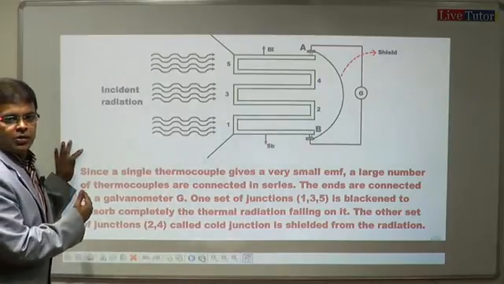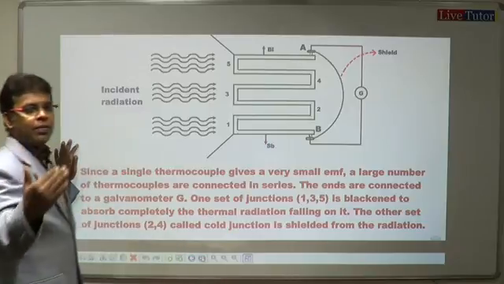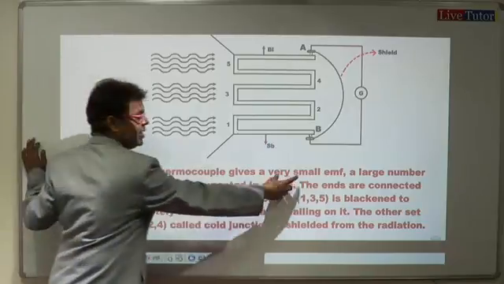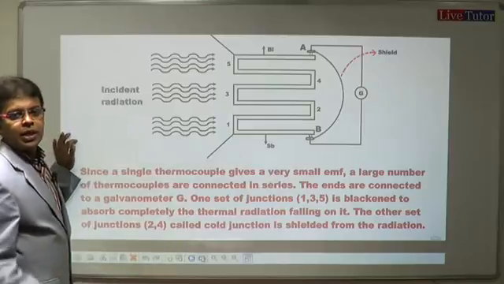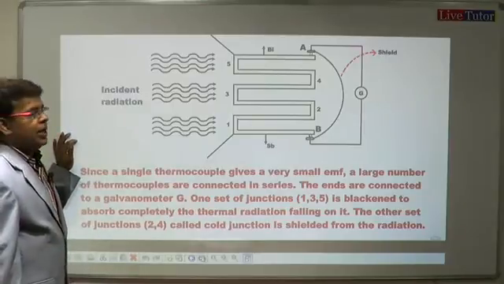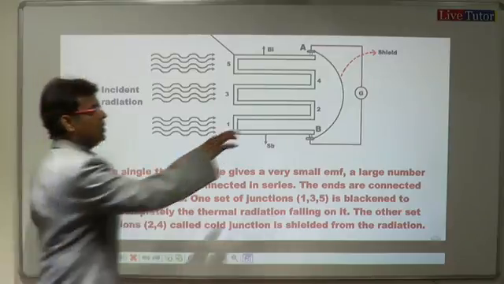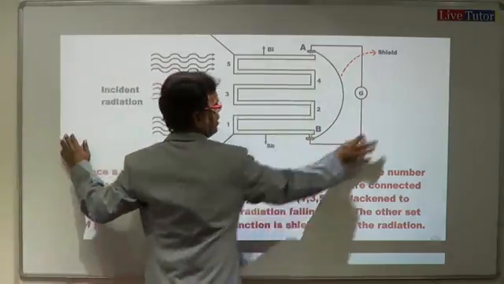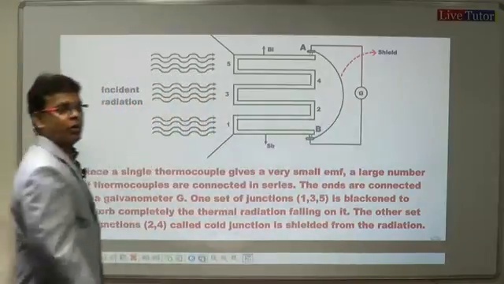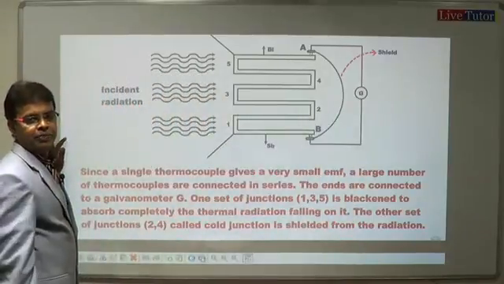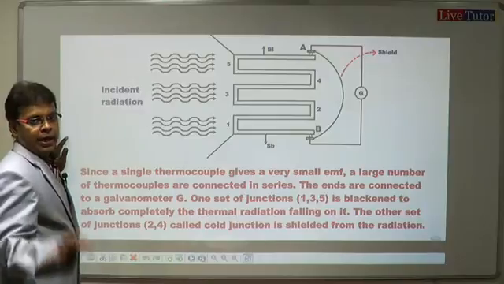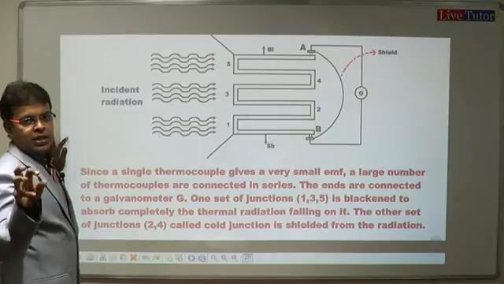This is the third point. So what do you say? Since a single thermocouple gives a very small EMF, a large number of thermocouples are connected in series. Right? Now the ends are connected to a galvanometer. We know that these ends are connected to a galvanometer to find out the flow of current, to detect the EMF. Right? One set of the junction that is